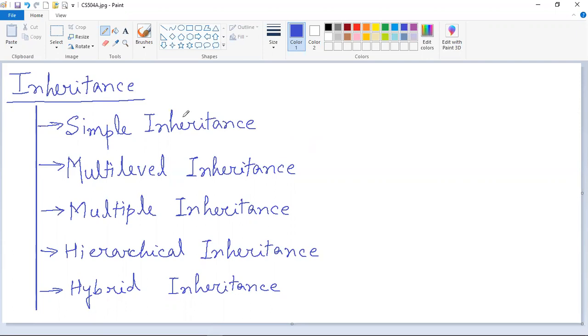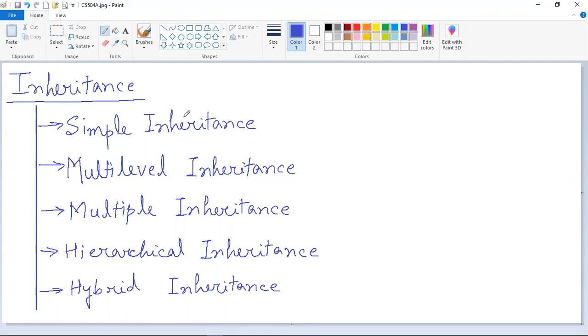As I have just told, inheritance is basically nothing but inheriting the properties or characteristics of one class into another class. If we define it technically, this is the definition of inheritance available in any object-oriented programming language. Now, acquiring the properties or characteristics of a particular class means that, as we know, a class can have members. Members mean that it can have variables and it can have methods inside it.